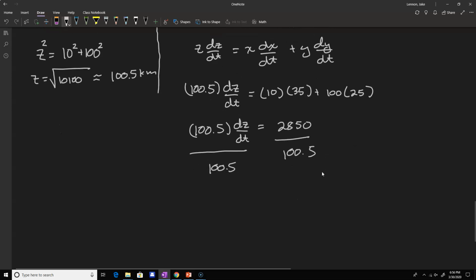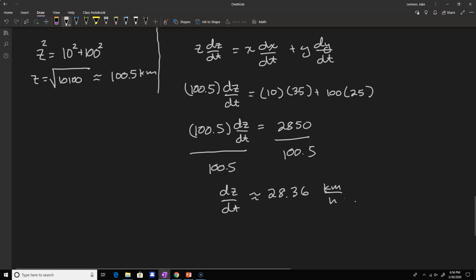So we get our answer. So our answer is dz dt is approximately 28.36 kilometers per hour. So these ships are moving apart at a rate of 28.36 kilometers per hour,